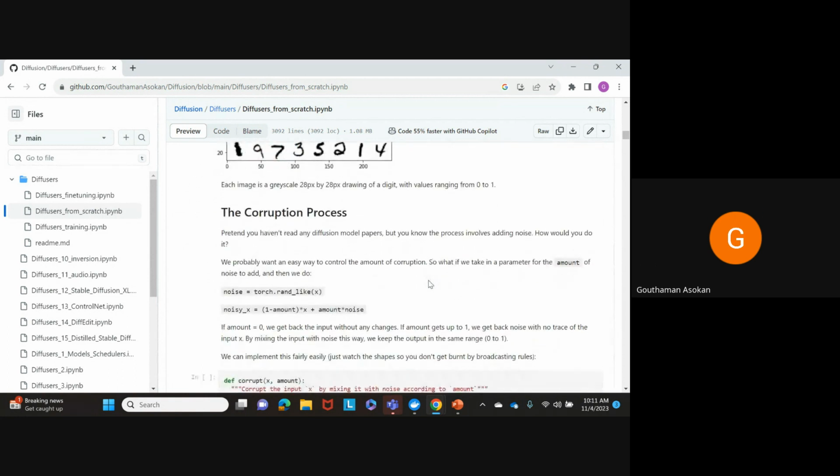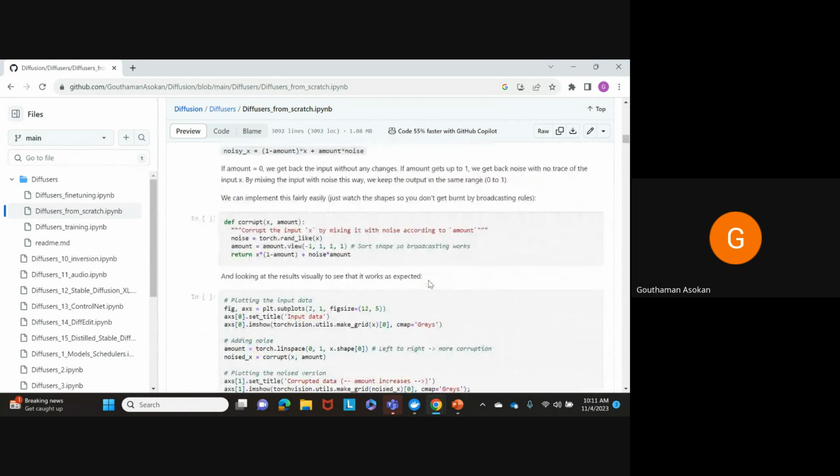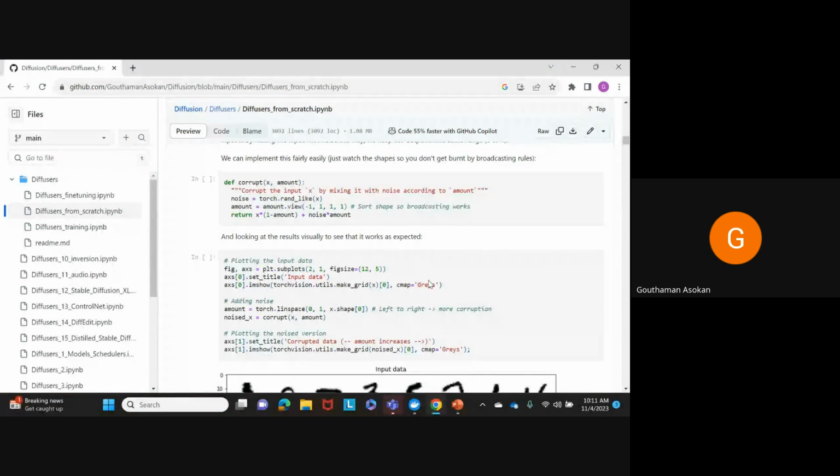The second thing that we'll be using is the corruption process. So how do we noise it? I have told about the DDPM scheduler, but here we'll be going to a very basic noising idea. What we'll be doing is creating a noise. This noise needs to have the same dimension as our original image, which is the 28 by 28 image of the handwritten digit. So once we create the noise, we will add the noise to the clean image,